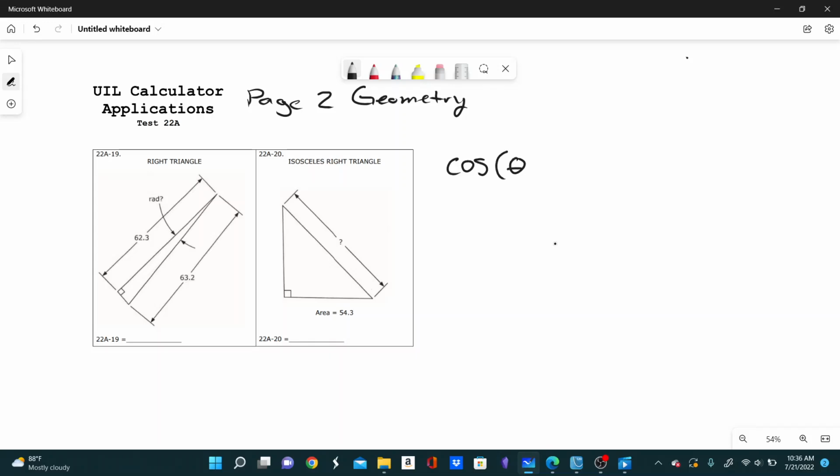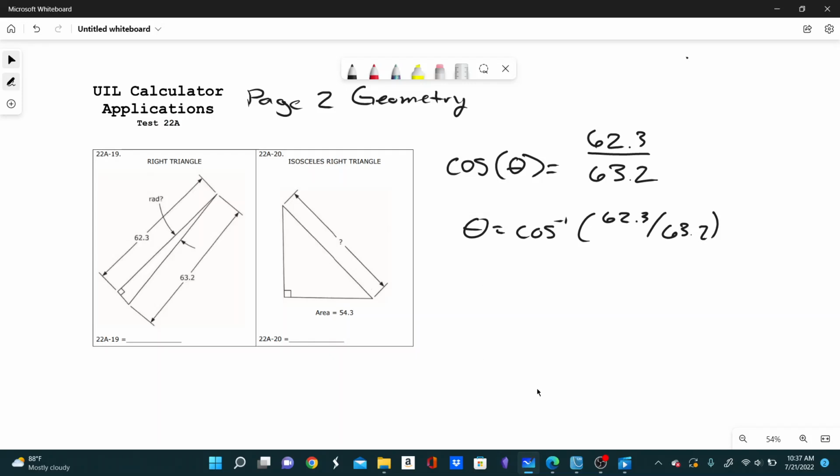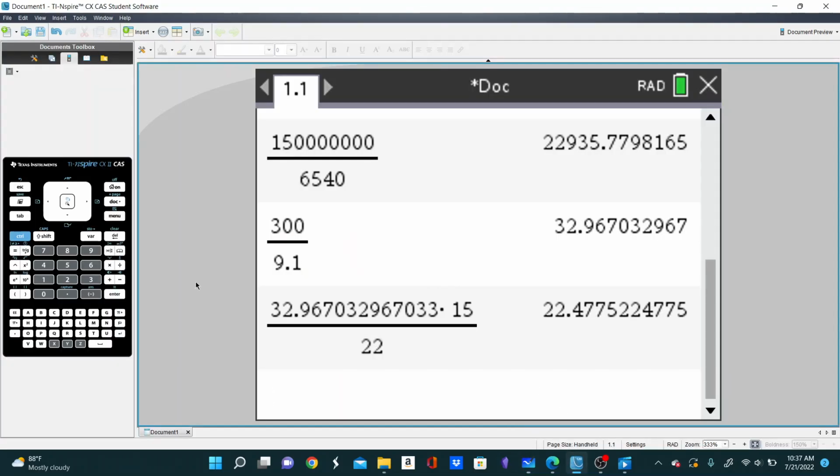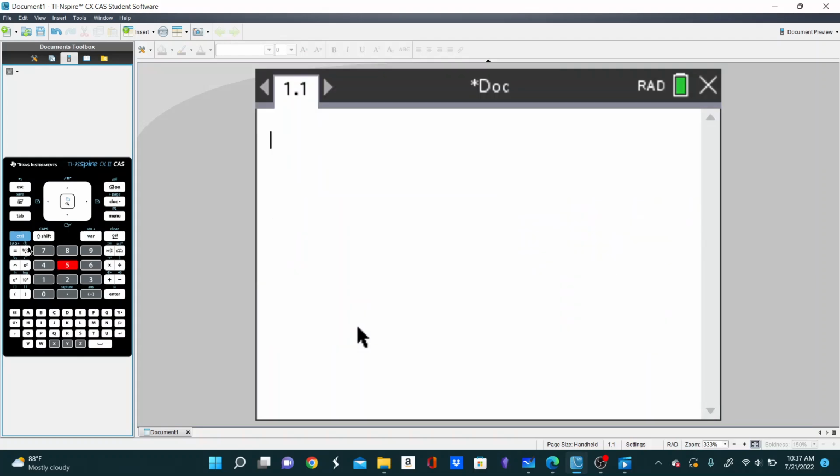So cosine of our angle is going to be the adjacent side divided by the hypotenuse. And so theta will just be the inverse cosine of 62.3 over 63.2. So let's see. Inverse cosine